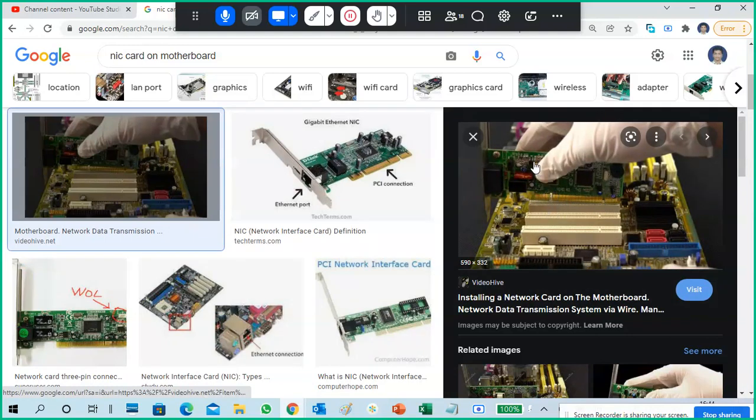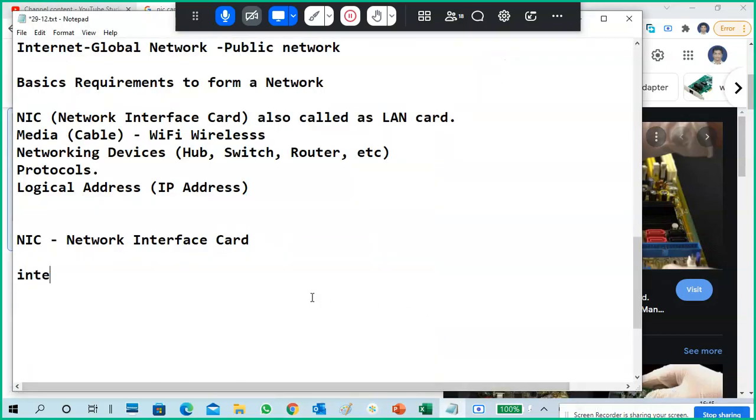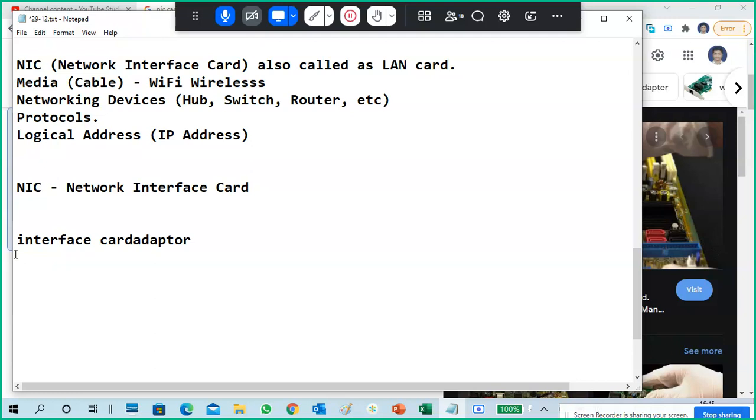Whatever the card is, whatever type of card it is, it has some names, like interface card, depending on the type of card or use of the card, or adapter, array adapter. Okay, interface cards, array adapters. So what are the different types of adapters, array interface cards, array system interface.